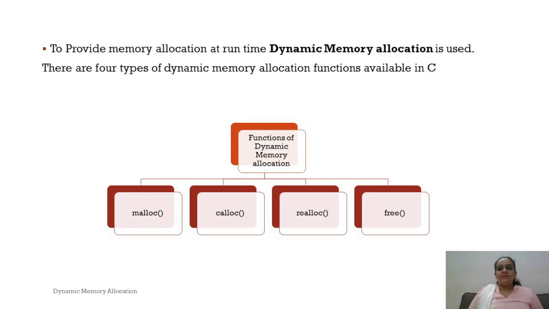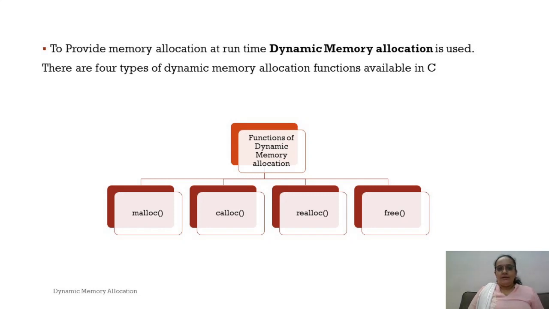Basically, in C programming, in the basics we have seen that we allocate memory statically. That means we declare variables of data type integer, float, character, double. So what happens is the compiler allocates memory, which for an integer is like 2 bytes, 4 bytes, 8 bytes. It is called static memory allocation. But here we are going to see the concept of dynamic memory allocation, which means memory is allocated dynamically, that means during the runtime.